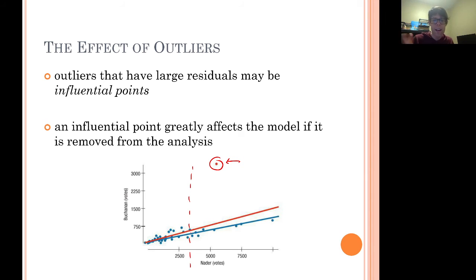It doesn't feel like it's that far away from where I would consider the average of the x values. But it does have a big influence, and I definitely used those words in the lab. Influence essentially is any point that has a really big effect on the overall model of the data. So what's happening is if I include this red point,